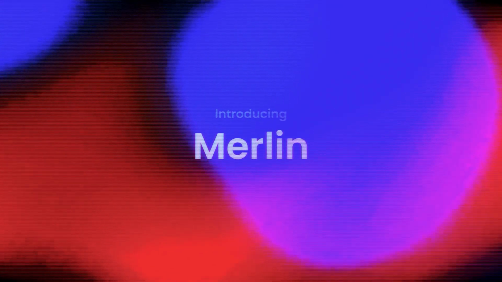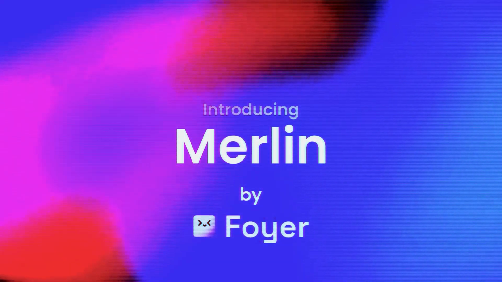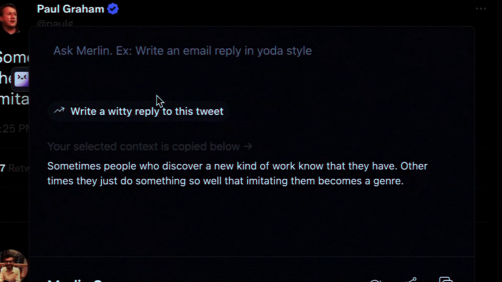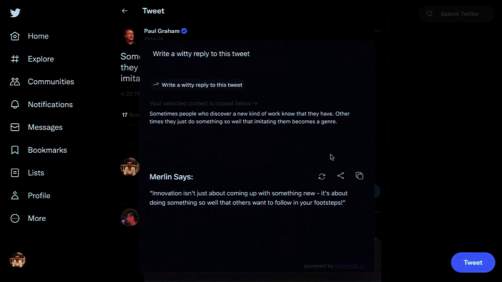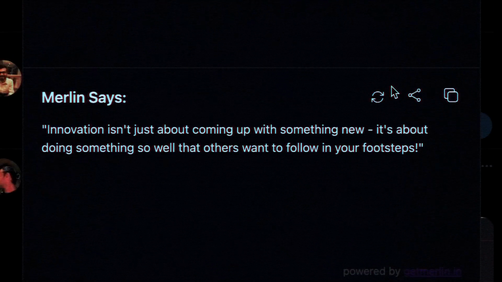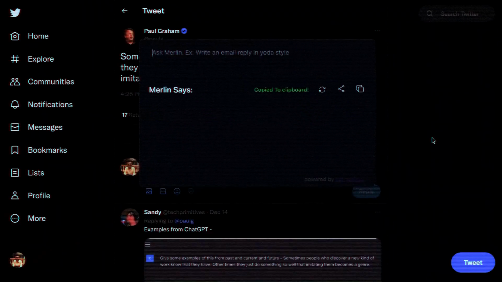But there's a catch: workflows can't think. They can only follow the path you give them. If the input changes even slightly or something doesn't fit the predefined structure, the system either breaks or gives you garbage output. For example, Merlin, a Chrome extension that runs AI on top of web content, sometimes pulls outdated or incomplete information and then confidently generates a summary that's completely off because it doesn't really understand what it's reading. It just extracts text and guesses what matters.